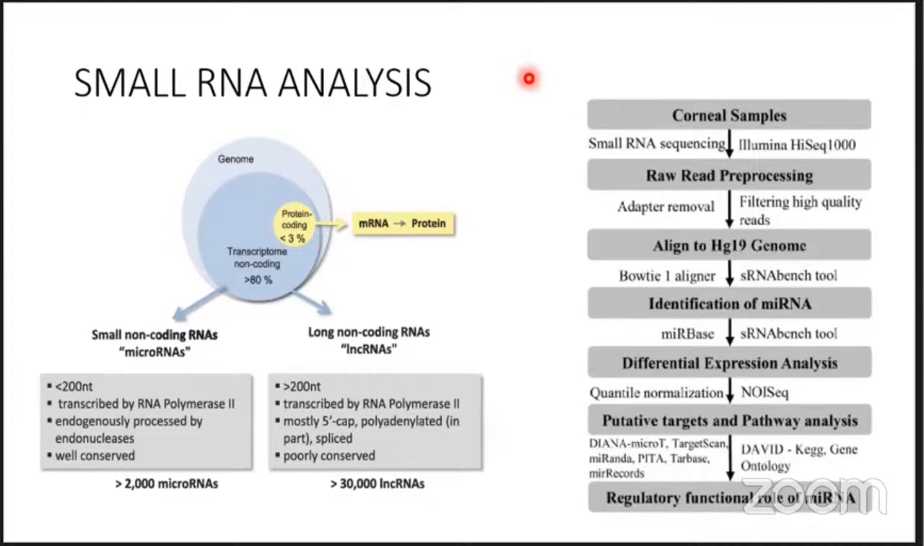Otherwise, we can do the ribo minus. If we do the ribo minus, we will have all other RNA except the ribosomal RNA. So this is a different kind of library preparation we can perform. And in today's time, there are some specific library kits available where you can just prepare a small